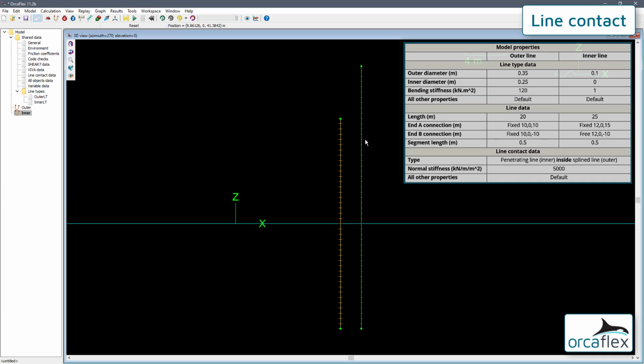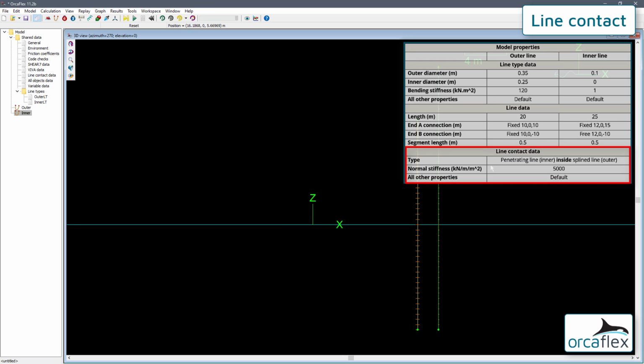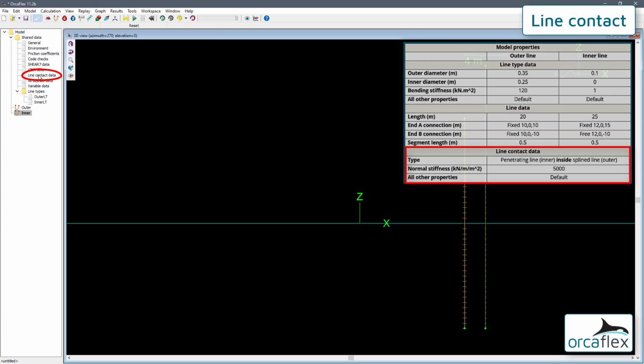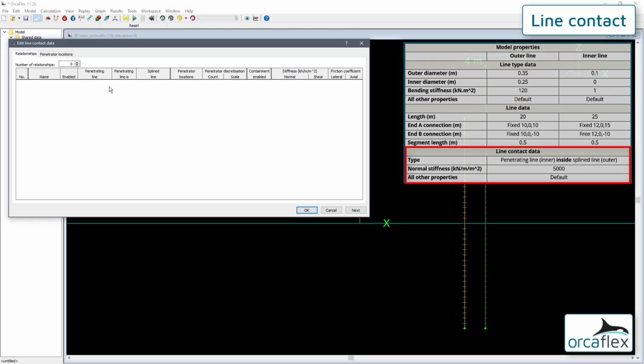At this point, the lines are fully set up and we need to create the line contact relationship. We do this by opening the line contact data form from the model browser and adding a new relationship. This will have the penetrating line as the inner, which will be inside the splined line, the outer line.